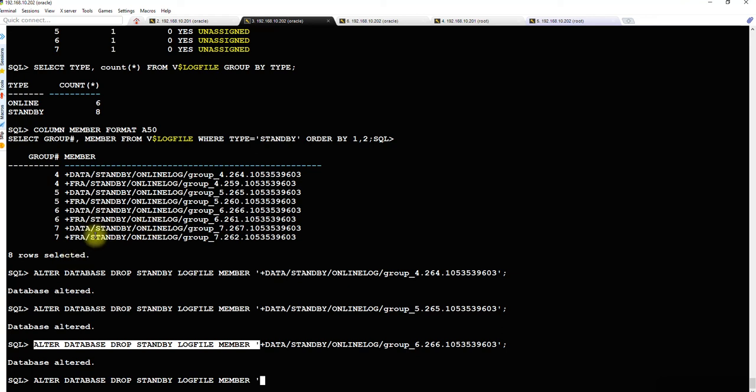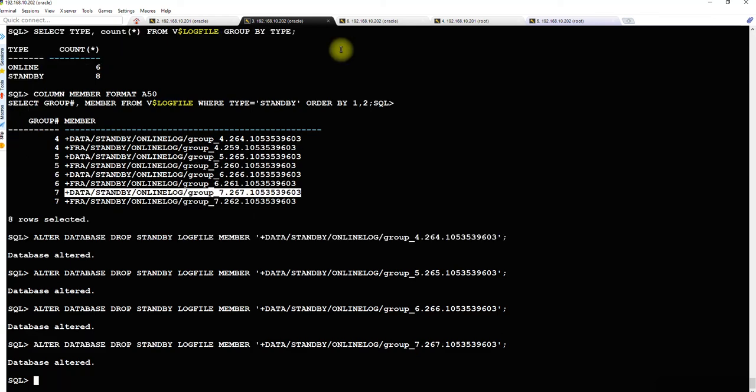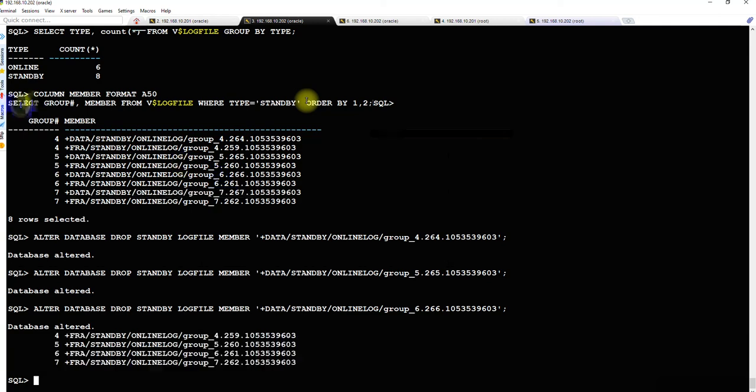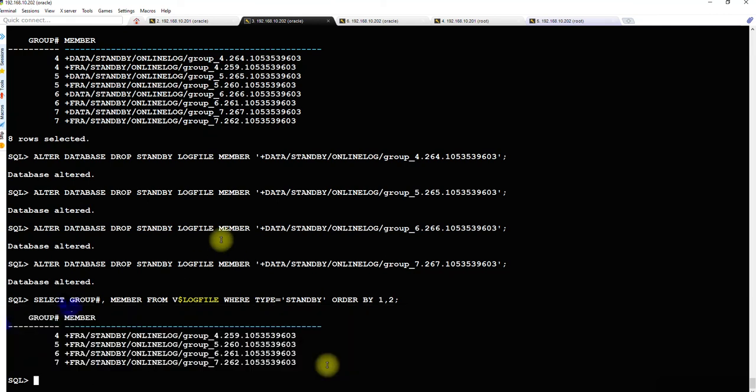So it's not very dangerous to not have everything multiplexed. It's not required actually. It's not critical to save that into 2 files, kind of multiplexing it. It's not required. So everything is deleted now. When you run this again, you will see that only files with FRA location are there, and when you run this again, you will see that the required files are now available. Okay, so everything is good.